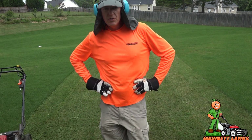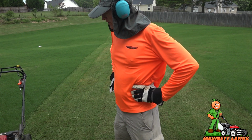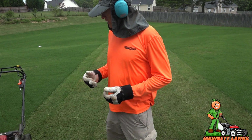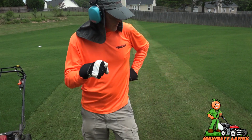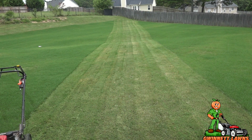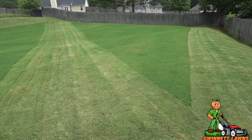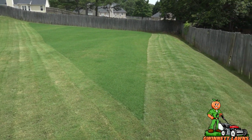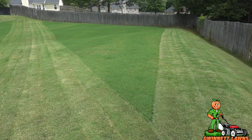Just as far as using the two mowers side by side, the 216, the commercial Honda, definitely has more torque. This thing will lug really far down, and I was keeping the throttle, or the speed, wide open. So I'm getting ready to do the test again, and I'm going to see if I can cut this side with the 216 without stalling at all. I may have to manipulate the speed a little bit, but yeah, I would say,